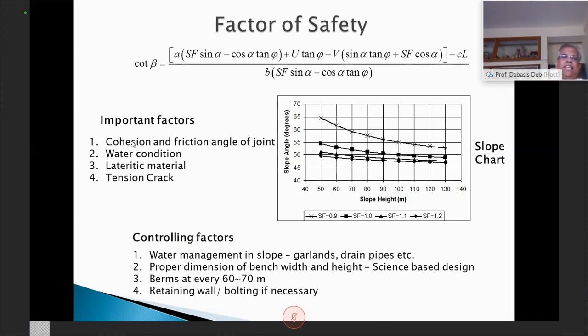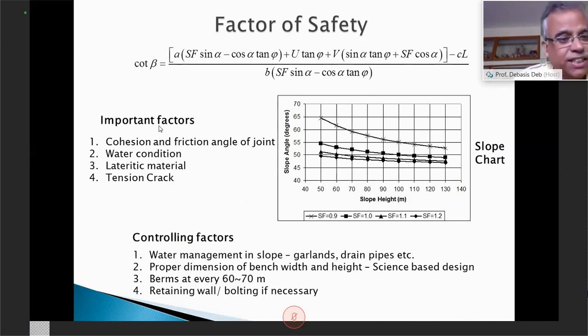We do not have any data on how much C reduces, but it will. So what will happen? This equation will become even worse if C reduces. If C goes down further, you can see U and V have increased tremendously, and C will also reduce, so this beta will fall very drastically.